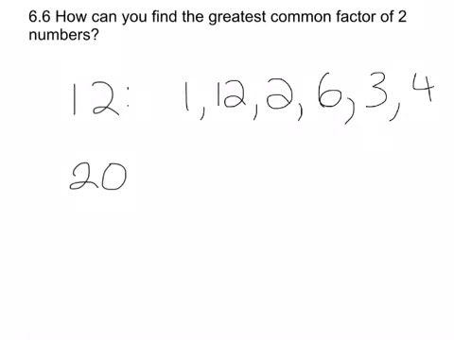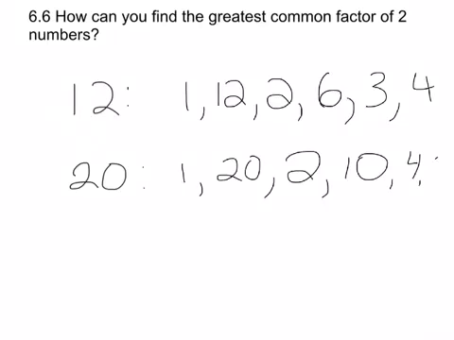And I'm going to find the factors of 20 as well. They're 1 and 20, 2 and 10, 3, it's not divisible by 3, I know that using divisibility rules, 4 and 5, I know it's not 6 using divisibility rules, and that's it. And then when you say find the greatest common factor of two numbers, well, I'm going to